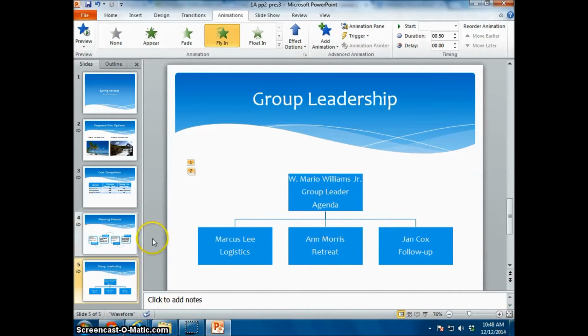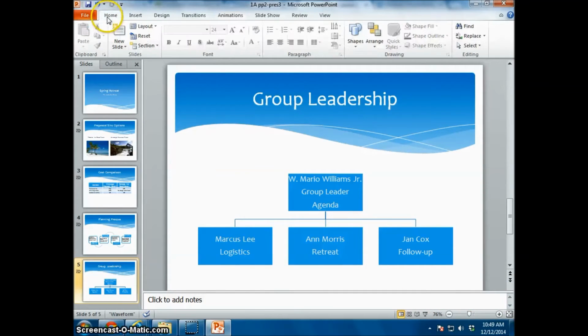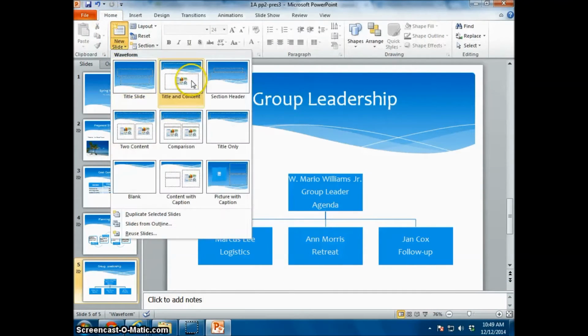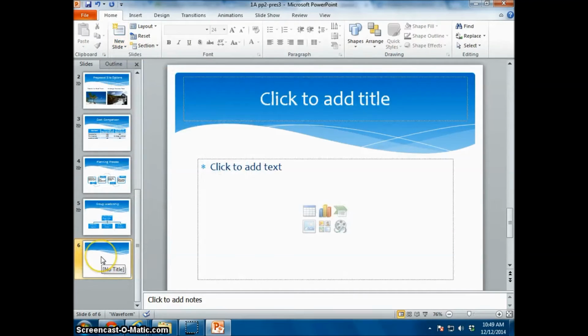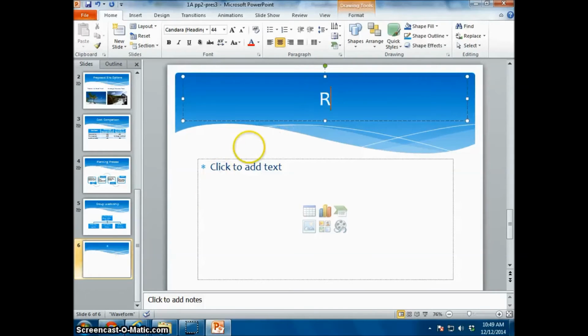Let's see, slide number 6, they want us to insert a new slide after 5, use title and content layout. So I'll go back home, title and content, gives us slide number 6. The title is going to be retreat focus,